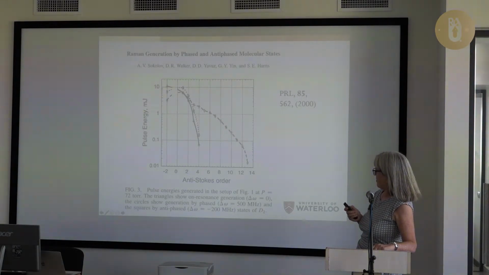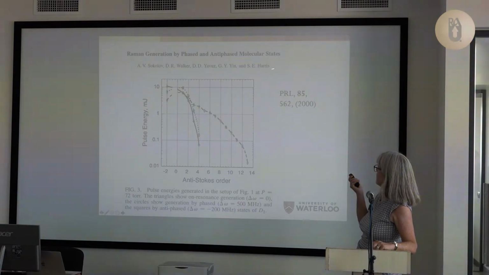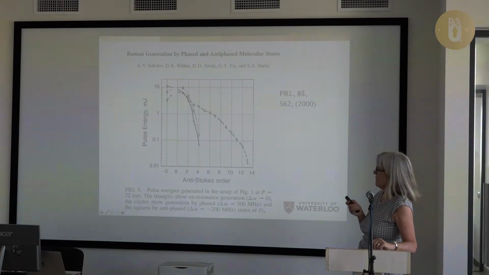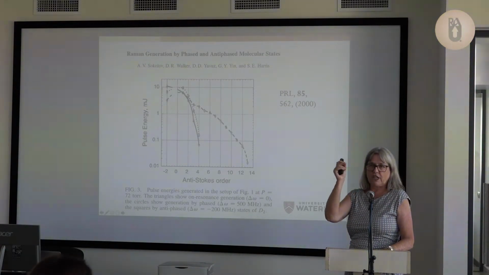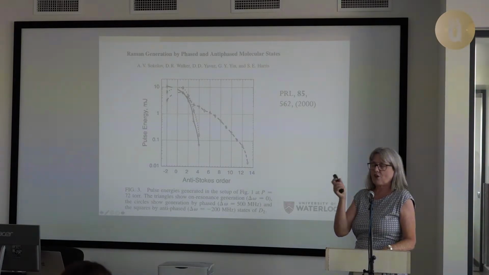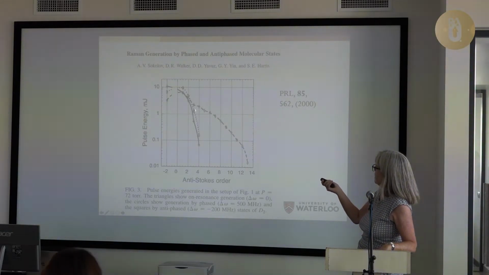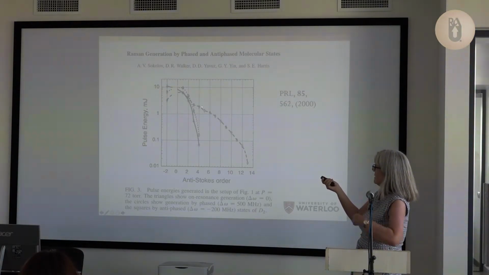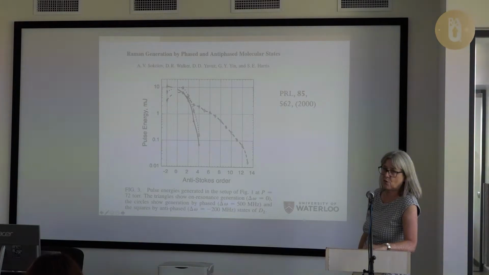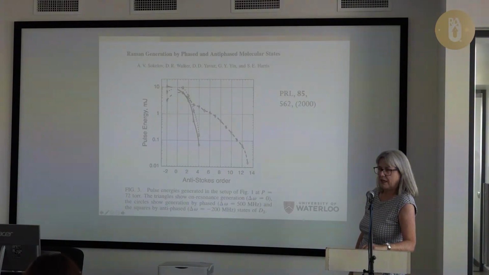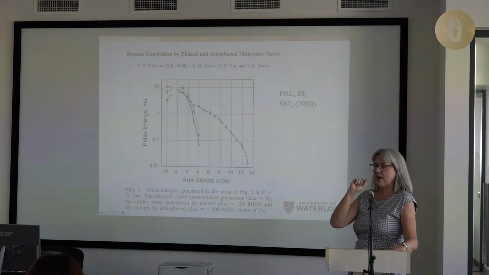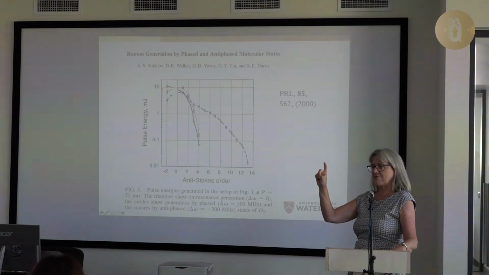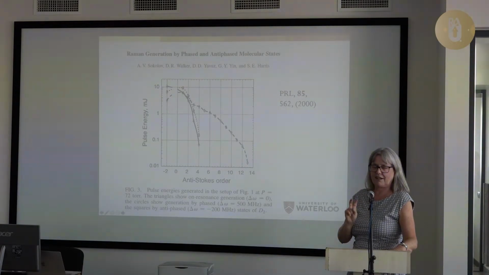So then we looked at this paper. Again, now this is Harris's group, Sokolov, this is obviously his PhD work, MRG. And they have the 8 to 10 nanosecond pulses. They're going to change the detuning. And what they saw was that one of these two lines, this one here, will be where they're on resonance. When they blue detune, they don't see much difference. But when they red detune, they get many, many, many more orders. So they thought, well, this is because of two photon Stark shifting the levels, and you actually have to redshift to stay resonant with the two photon Stark shift.